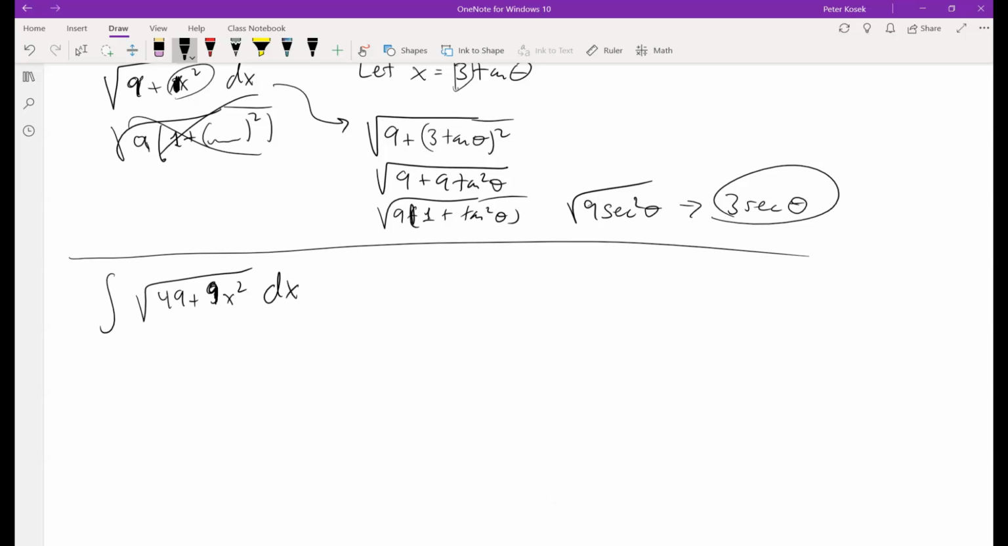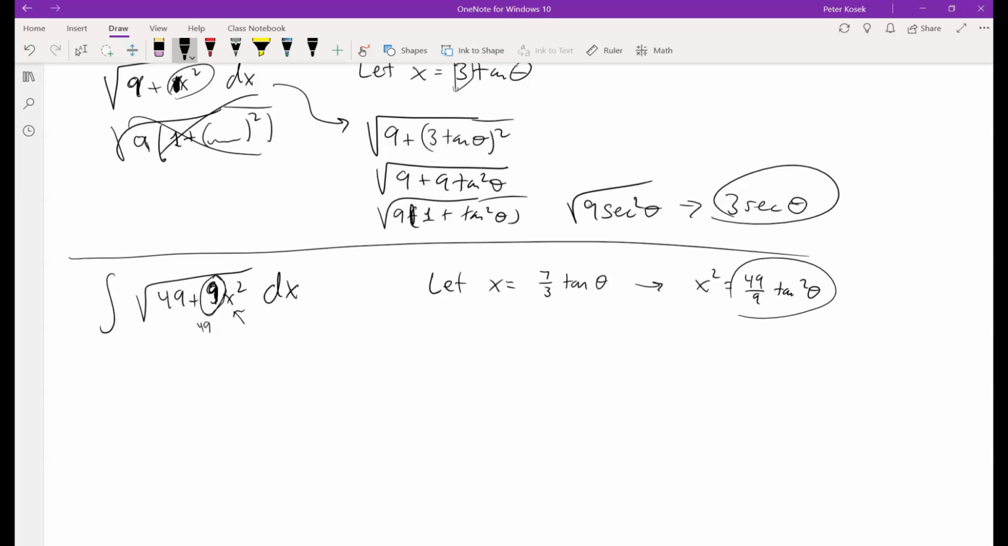Nonetheless, our goal here is to try to make this number in front become a 49 when we do our substitution, so we could factor the 49 out of both of these. So when we pick our x, I want the end result to be 49. When I square this thing inside here, if I put a 7 over 3 and then tangent theta, notice I'm going to get x squared is equal to 49 over 9